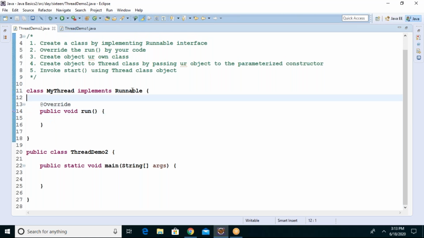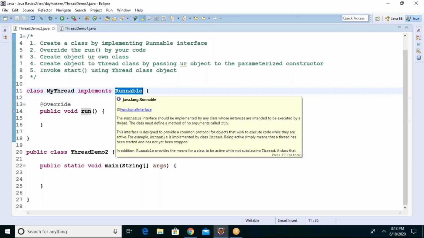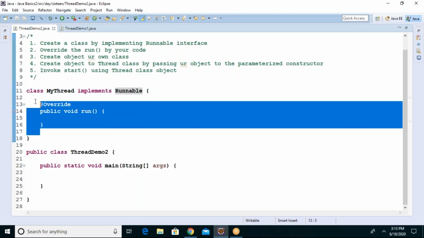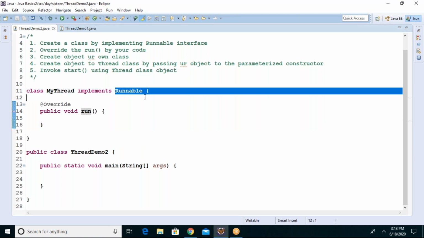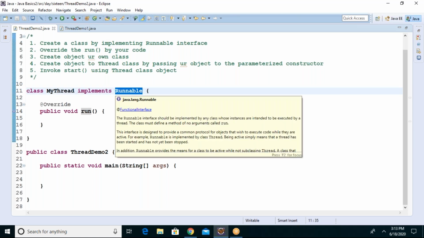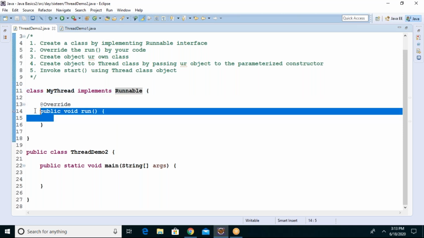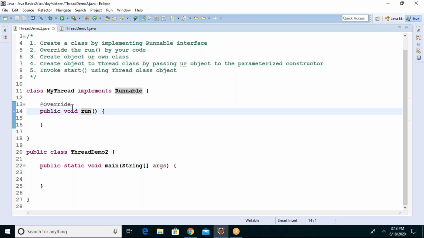If there are 2, 3, 4, 10 methods inside Runnable, of course it will override all those methods, because all are abstract in an interface. Guys, is that clear? So now the Runnable interface contains only the run method. Do remember this point, okay?